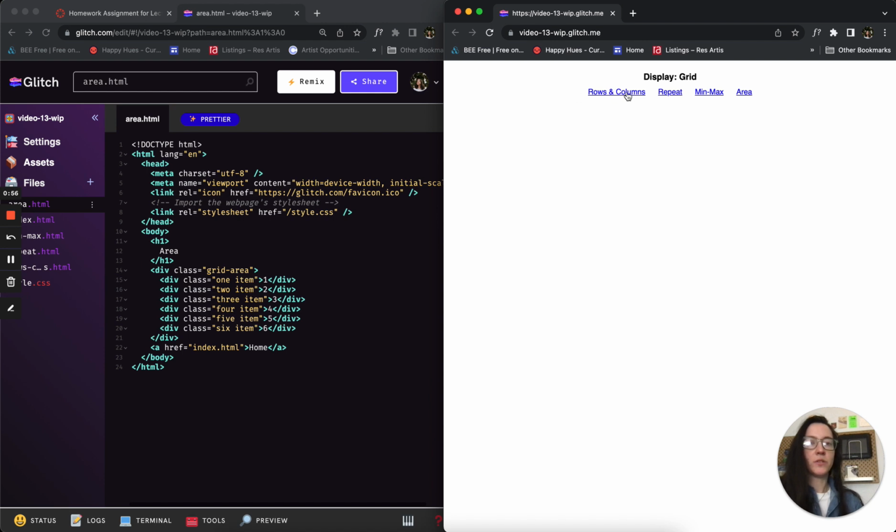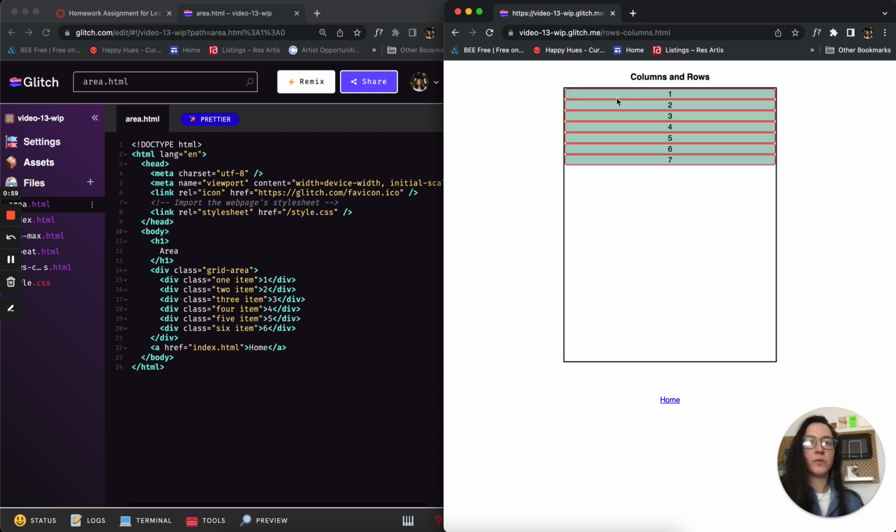If I click on rows and columns, you'll see the one for rows and columns, so click on that one first. When we need to go to the other examples, we'll just go back to the home page and click on those other links. I'm also doing this so I can show you that you only really need one